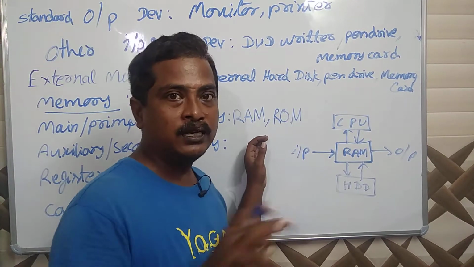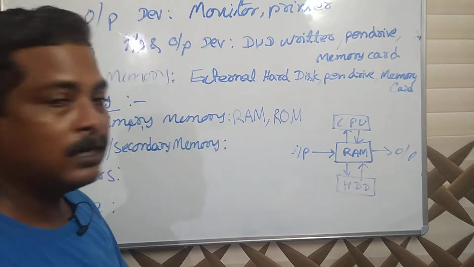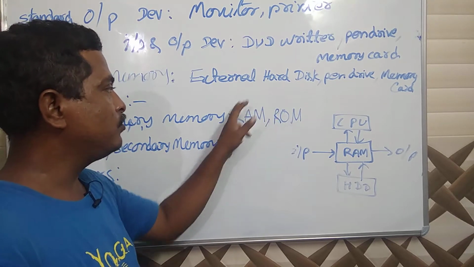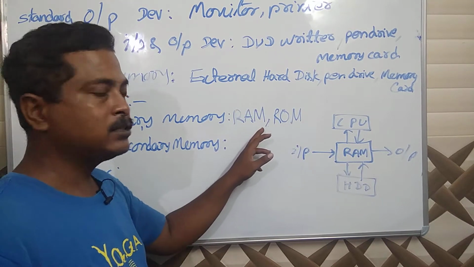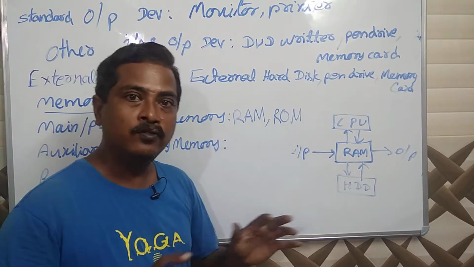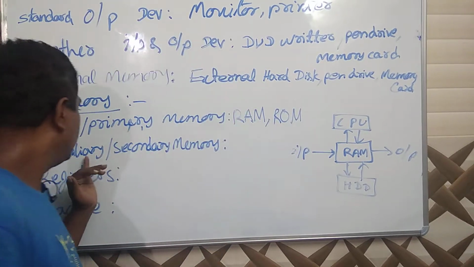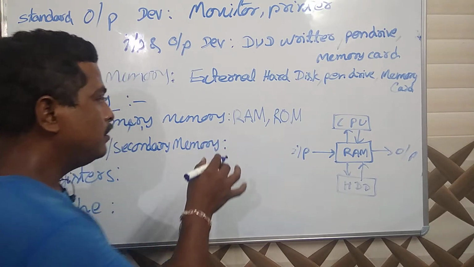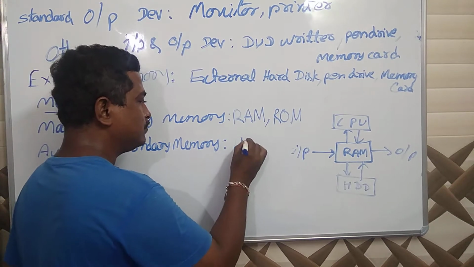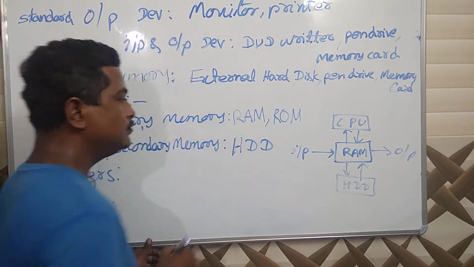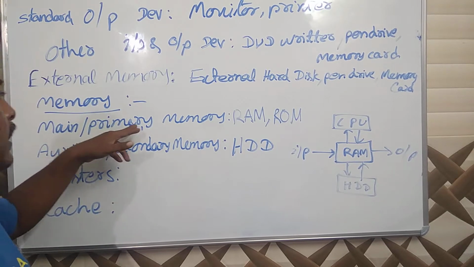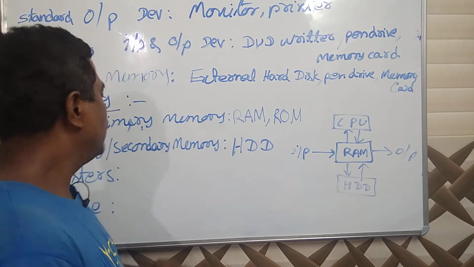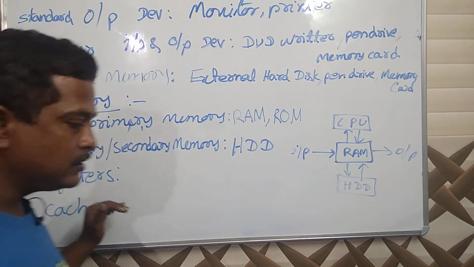Both things we have already discussed. If you have not seen my last videos, see them, RAM and ROM. In the basic block diagram of computer, I have explained the purpose of RAM very clearly, and in the very first computer fundamentals video, I have explained ROM very clearly. So go through these videos. Next is auxiliary or secondary memory. What is it? It is the permanent memory or hard disk drive. Also, the main memory is temporary memory and this is permanent memory. Now, what are these two other things? These two are some new things.